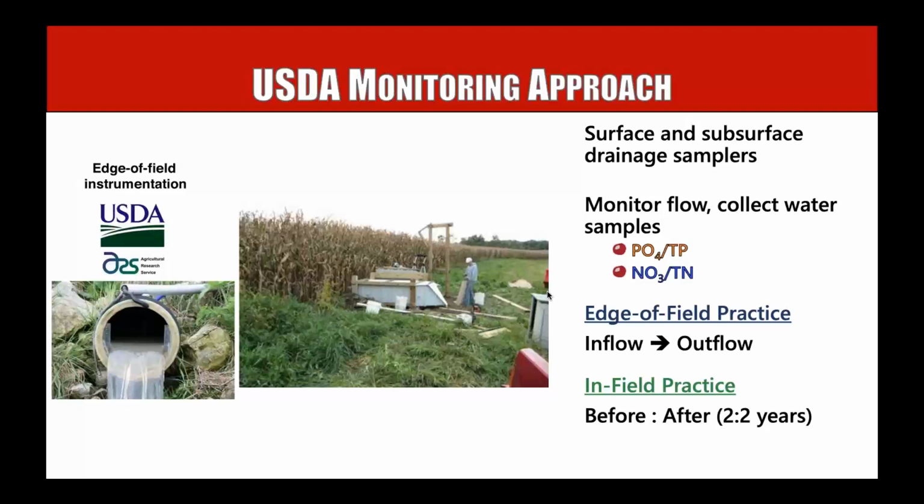So we've actually put in these drainage water management structures right now, but we're letting the water freely flow out of them for 2 years, monitoring what comes off that field with no management for 2 years. And then we will activate them for 2 years, and we'll be able to compare what happened in the first 2 years versus the second 2 years to try to get an idea of how effective that practice is at reducing phosphorus. Ideally, we'd like to have probably a 4 and 4 year project, 4 and 4 years to compare. But in a 4-year project, we were limited to doing 2 years pre and 2 years post management.